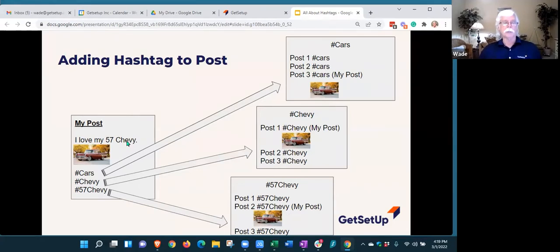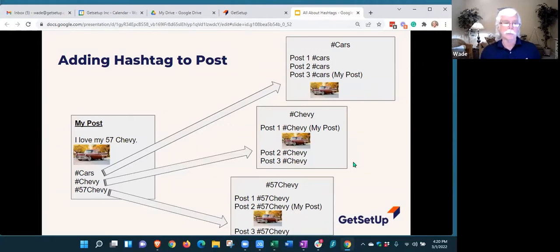If I just posted it, and we'll use Facebook as an example, it's probably not the best site, but probably more people are familiar with Facebook. If I just posted this, then pretty much only my friends, and probably a fairly small subset of my friends, are ever going to see it. But if I added some hashtags, then people that aren't my friends and would never see my post might see it because they're following hashtag cars, and my post happens to catch their eye when they're looking through all those posts. And some other people that are following this one might see it.